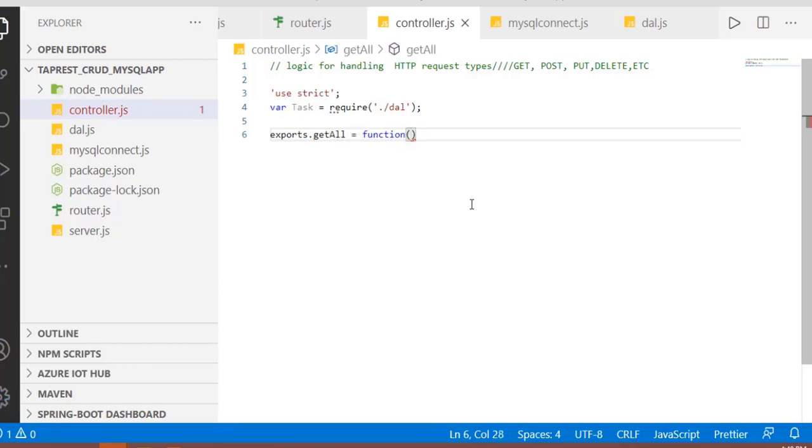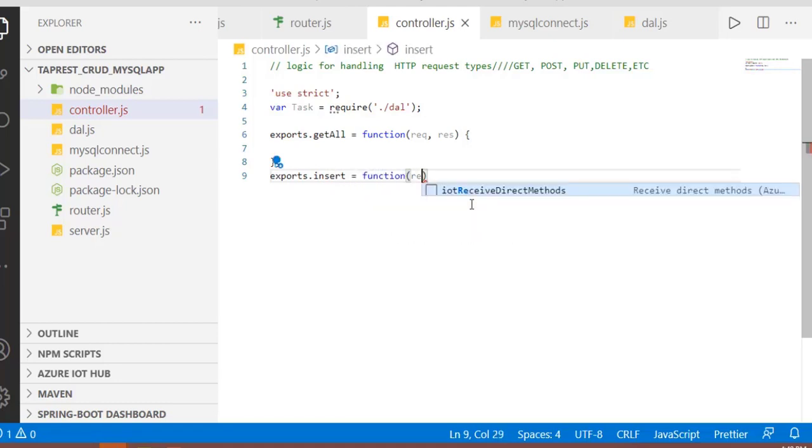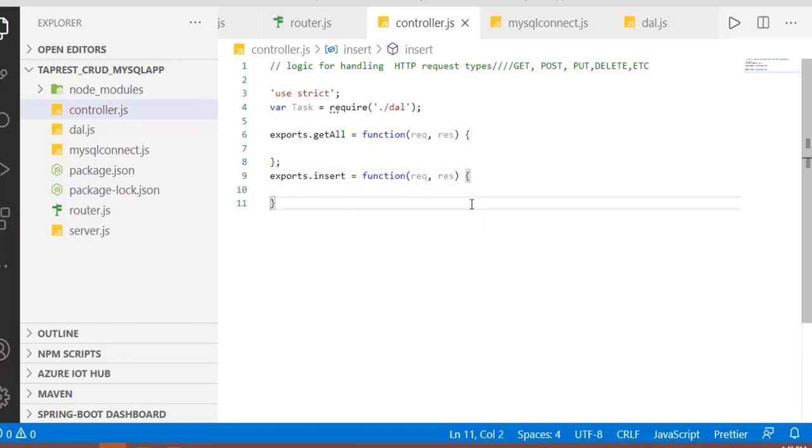We will write our functions like exports.getAll, which always takes request and response as objects, which is by default for any HTTP handler. Whenever you like to extract data from the incoming request, you can use req as an object, and you can find the body and other information. And whenever you like to send data outside to any other application, we'll use send or other kinds of methods.